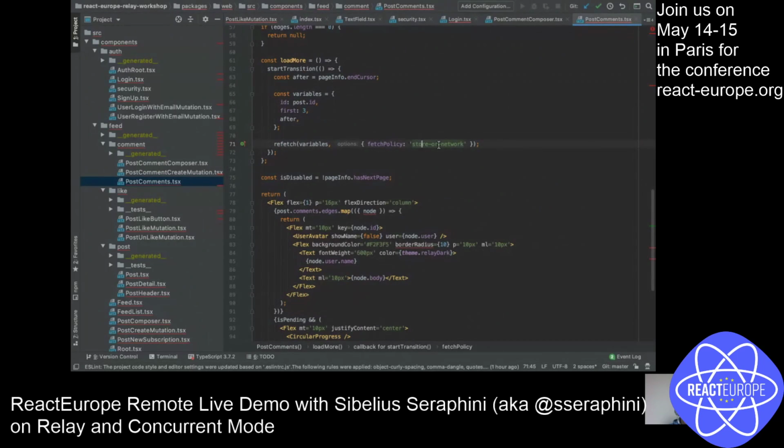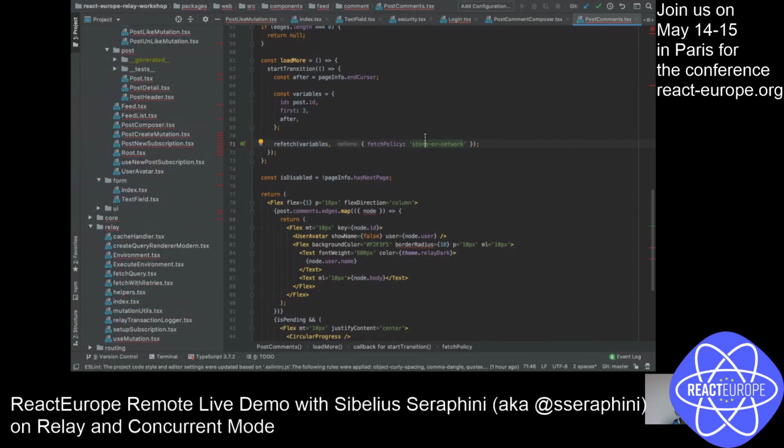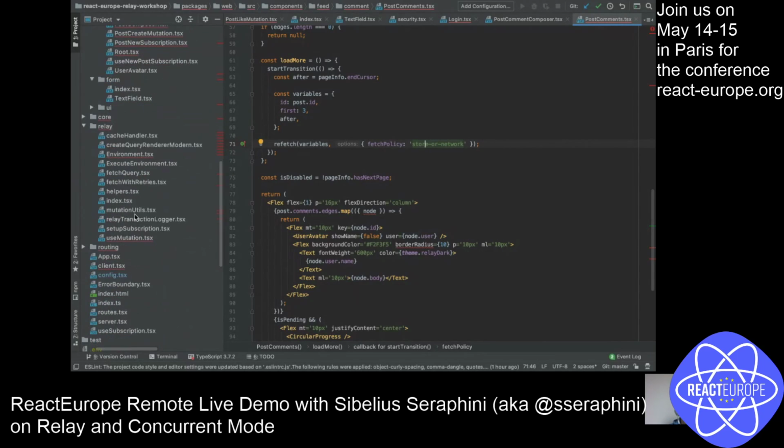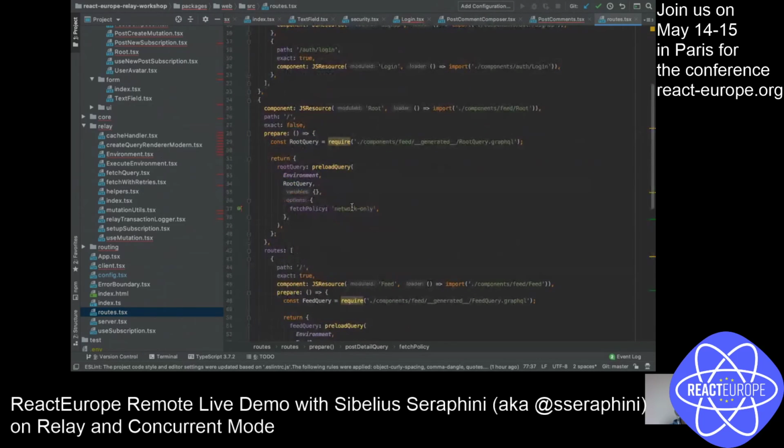So you have store or network, or you can have only network. So you make sure you get the data either from your client side or from the network. You can just customize on the router. So this is store or network, store or network. This hook here is only network. So make sure I hit the database again to validate the user.